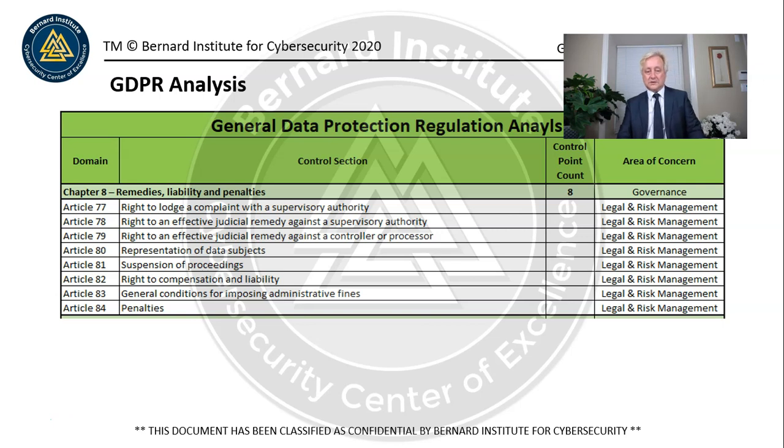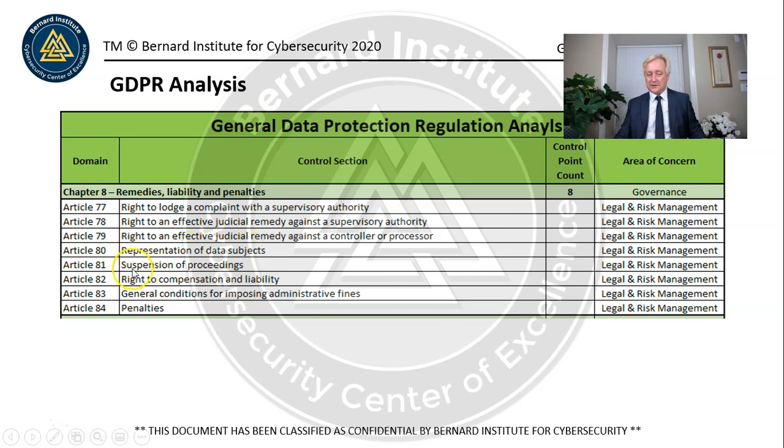So that could be a problem, and the judge might ask for a different lawyer to represent the organization. So now the types of things that the lawyer will be involved in in this case within the GDPR, my opinion only, is the right to lodge a complaint with a supervisory authority. That's something you want to review with legal. Right to effective judicial remedy against the supervisory authority. You definitely want to discuss that with your legal team. Right to effective judicial remedy against a controller or a processor. Again, this is legal. It's risk management, but the lawyers help manage the risk of the enterprise or the organization. And that's one of the key skills that you need to have as a lawyer. It's risk management.